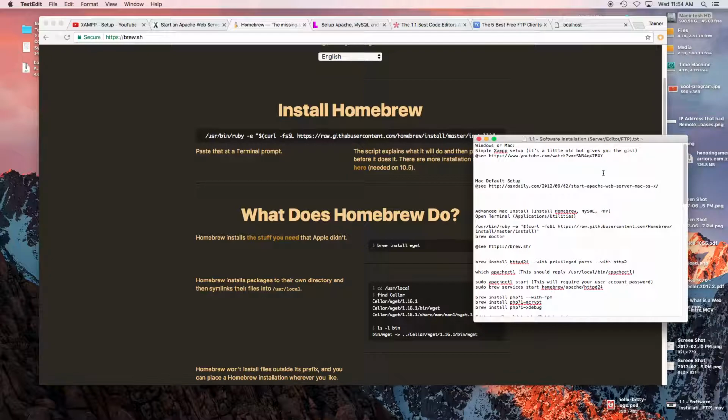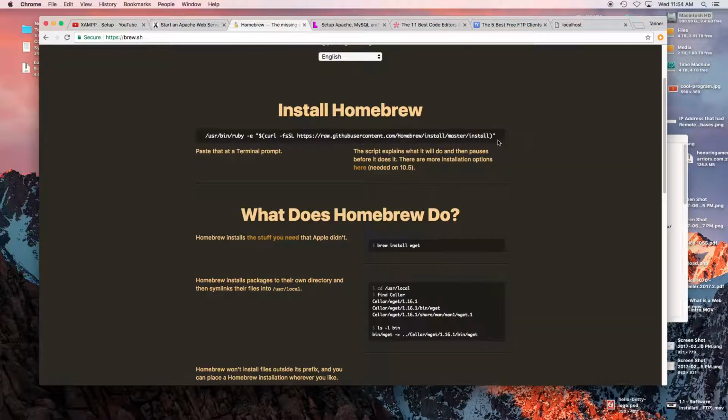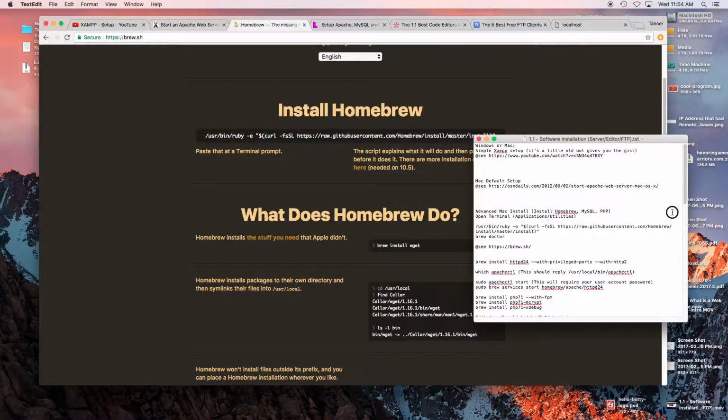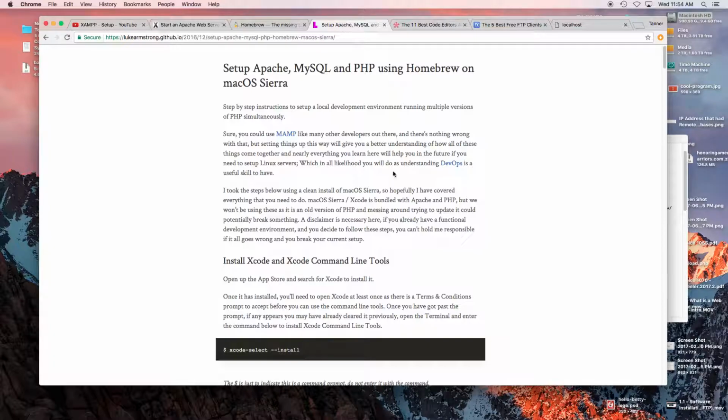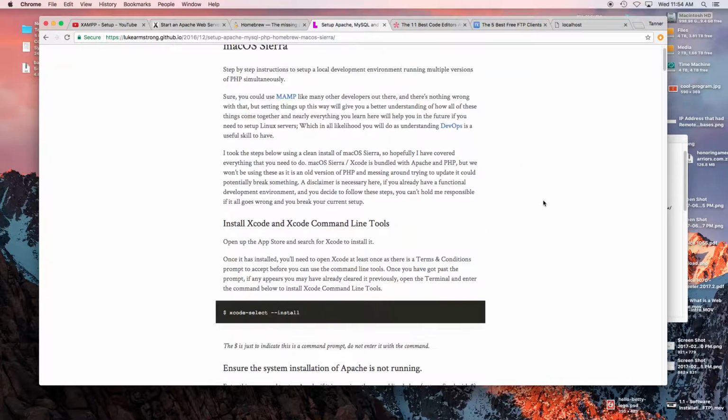And they're not there by default on Mac. But what you can do is install this program called Homebrew. It just makes it simple command line installations for all this stuff. And what we're going to do is just follow this little setup guide. You can find this online, and it'll tell you how to install PHP,